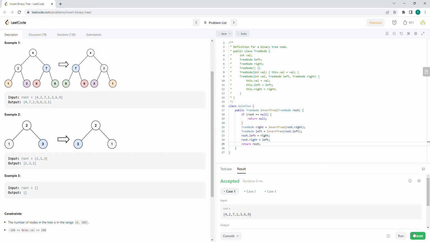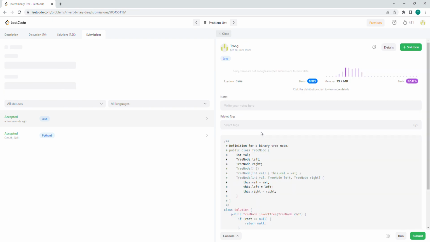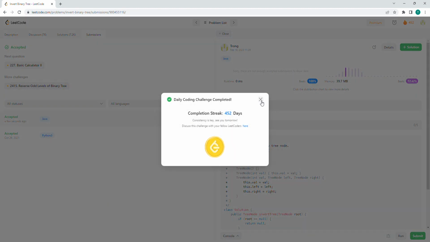So basically what we did is we handle the inverse of an empty tree, which returns null. For a tree with root r and subtrees right and left, the inverse of the right subtree becomes the left and the inverse of the left subtree becomes the right, and then we just return root. Submit this. So time complexity wise, each node in the tree is only visited once,